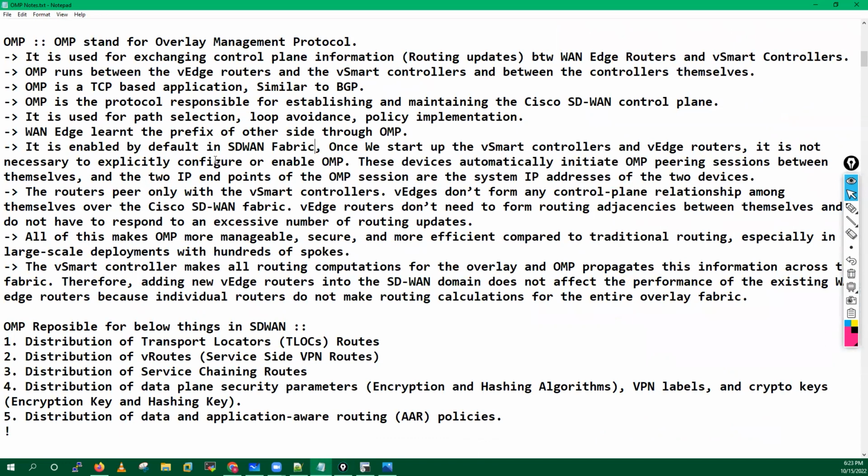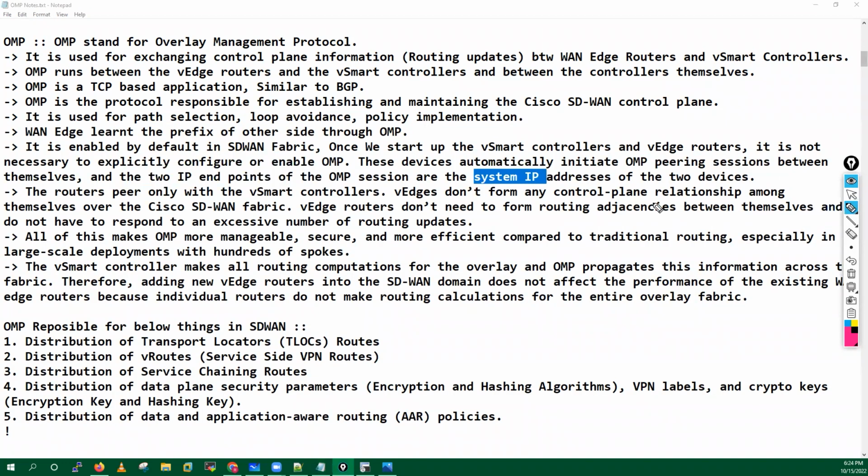So OMP is enabled by default in your SD-WAN fabric. Once we start up the vSmart controllers and managed routers, it is not necessary to explicitly configure or enable the OMP protocol. These devices automatically initiate the OMP peering session between themselves, and the two IP endpoints of the OMP session are the system IP. So guys, the meaning of this statement is that your OMP peering is always created between the system IP, not between the